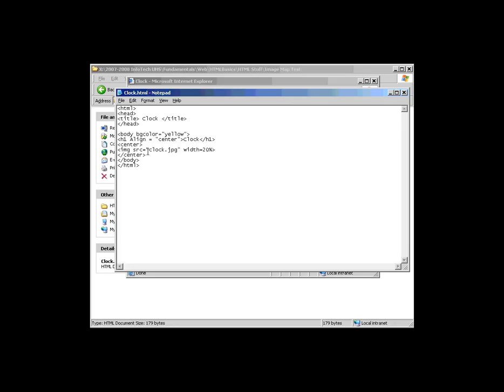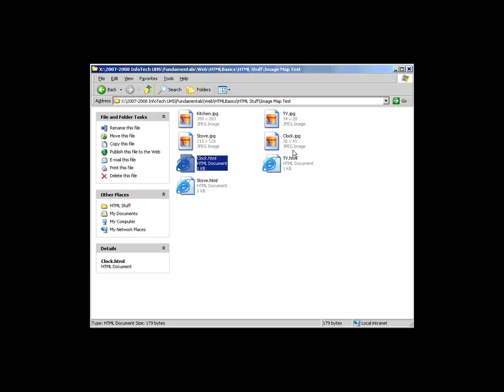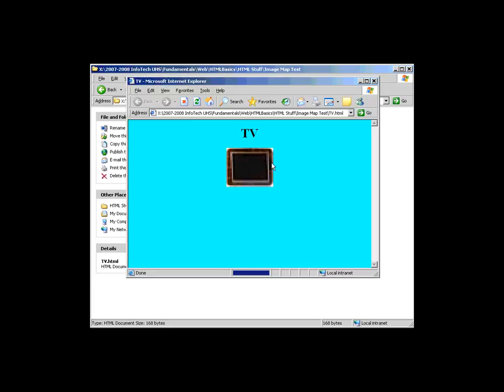Then I put the image in of the clock, and that was it. And I've got 3 web pages just very much like this. I'll go through the others quickly. Close this one. Let's bring up TV. I put a different color background on each one so you'll be able to see easily that we are at